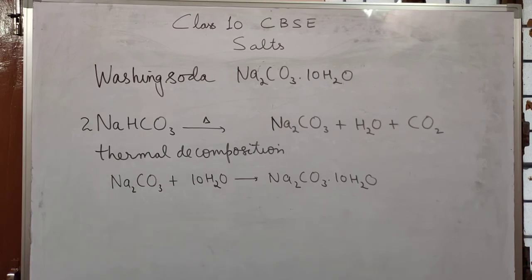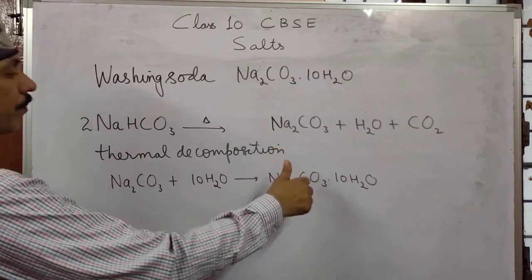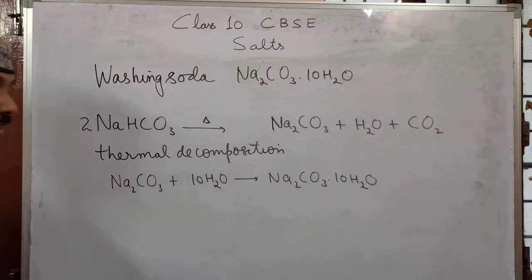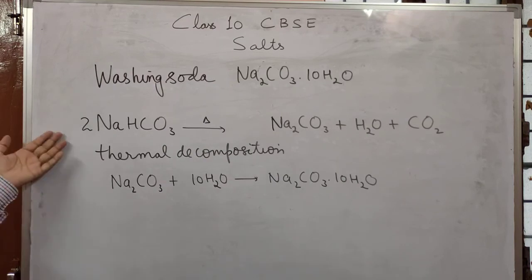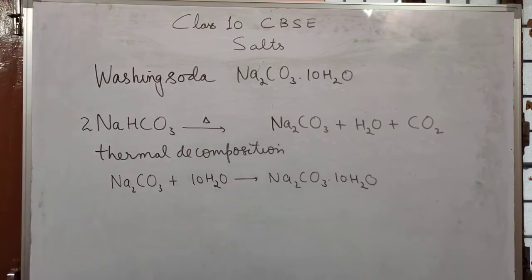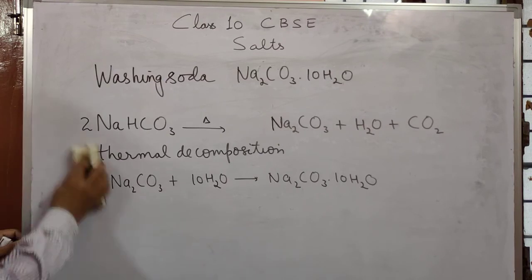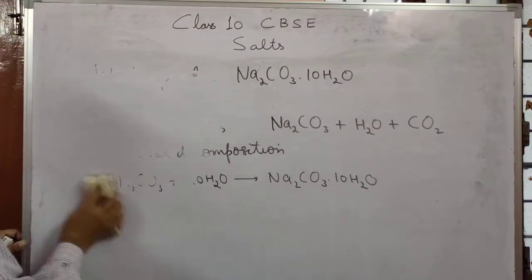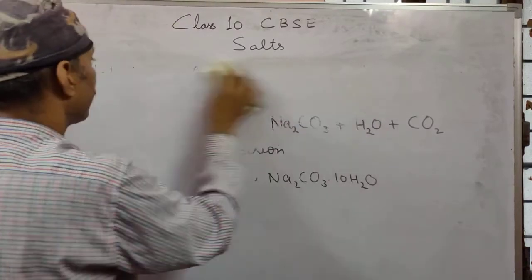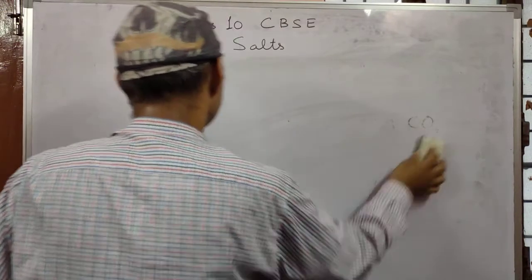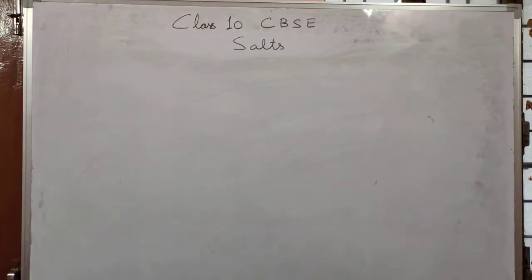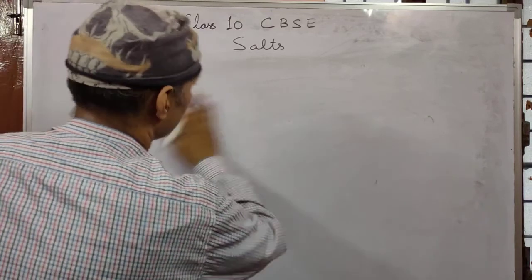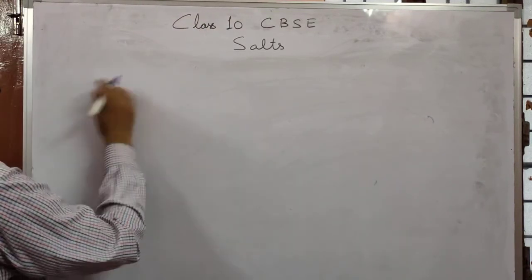The uses of this salt are very simple, and of course, yes, this is used for the preparation of cement. This is also used for the preparation of glass and so many things. So this is a very important reaction about the washing soda. Then I need to finish this lecture, wind it up with the final salt. And the final salt is a very interesting part. Uses, of course, you can read from the NCERT book. Actually, you can read everything from the NCERT book, but then something is most important, that is